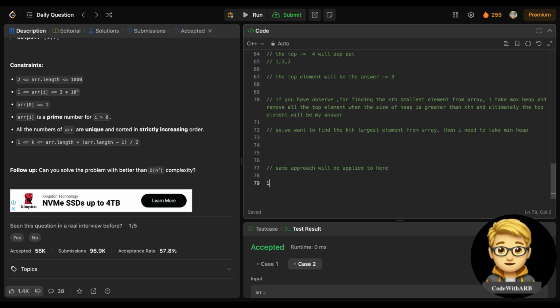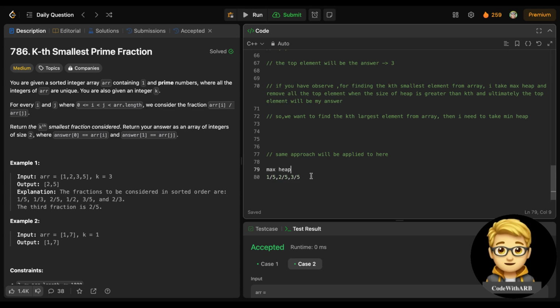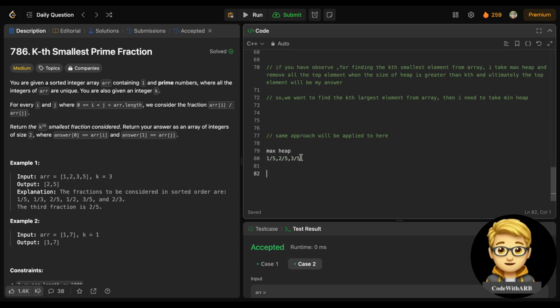What we are doing is inserting all the min elements, 2 by 5, then 3 by 5, in my priority queue, right? So this will give me the smallest prime fraction. So we will insert these, O of n elements, in my max heap,